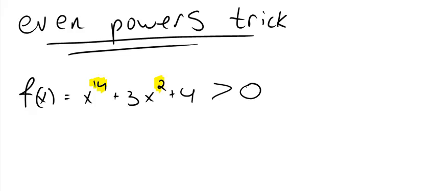So I'm going to show you a few versions of the same thing, but it's called the even powers trick. If everything has an even power, then there's something we can say about this even if we don't know how to solve this. So this is always bigger than 0. It's never set to 0. In this version,